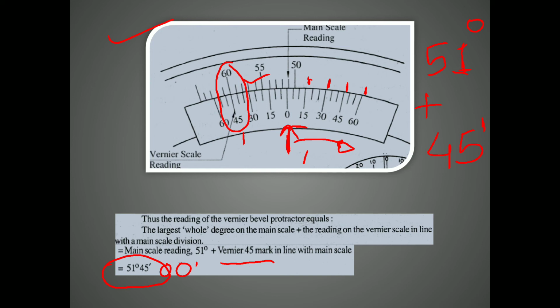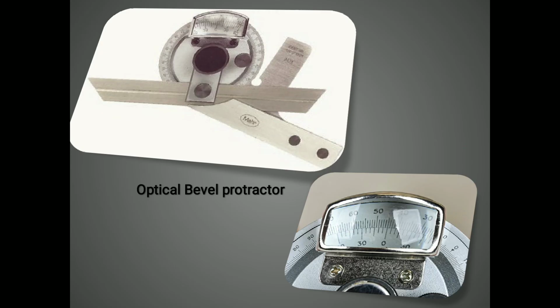The lenses are provided. So it is the optical bevel protractor. You can see over here, this is the whole setup. This is the stock. This is the moving blade. This is the attachment given for acute angle measurement, and this is the lens given to improve the readability, magnification, so that you can take the readings without parallax error or observational errors. So it is the optical.